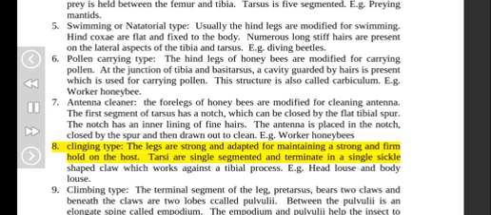8. Clinging type. The legs are strong and adapted for maintaining a strong and firm hold on the host. Tarsi are single-segmented and terminate in a single sickle-shaped claw which works against a tibial process, e.g., head louse and body louse.